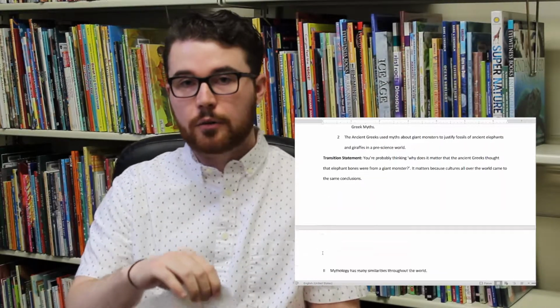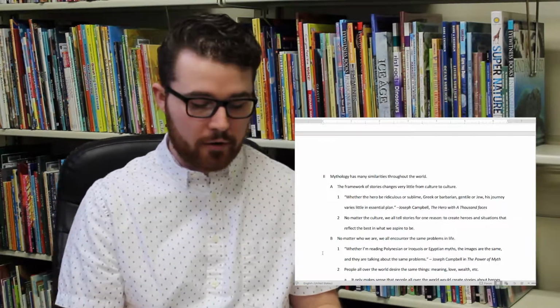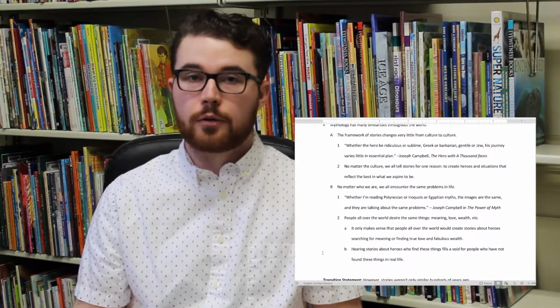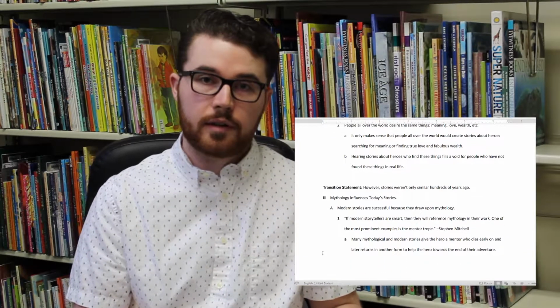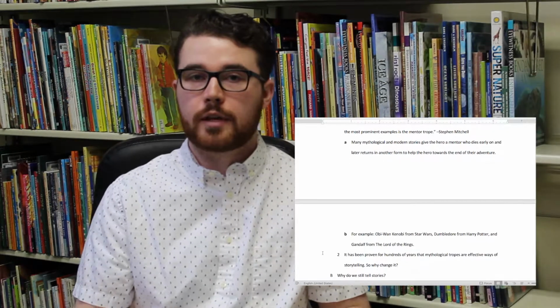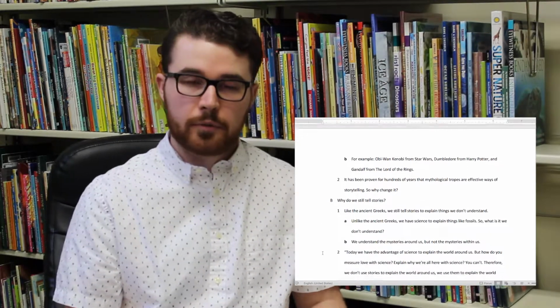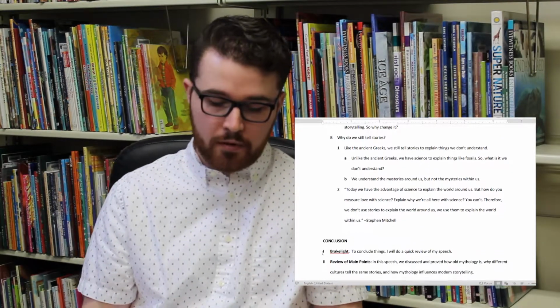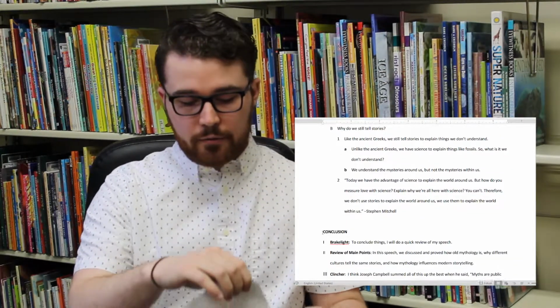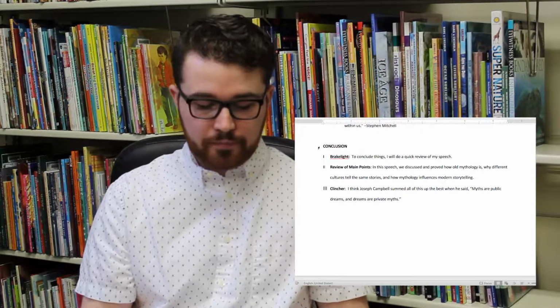So you're just going to follow this formula for all of your body paragraphs, making sure to follow the rule of division, making sure to have easy transition statements, and you might have to think about those a little bit. It can be kind of hard to relate back to what you've talked about while also relating to what you're going to talk about, but just put some thought into it. It's not super hard. You're just going to kind of follow that formula until you get to the conclusion,